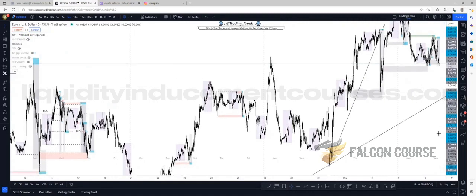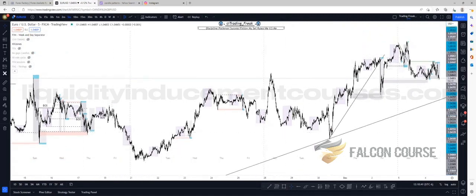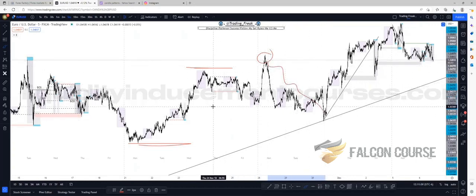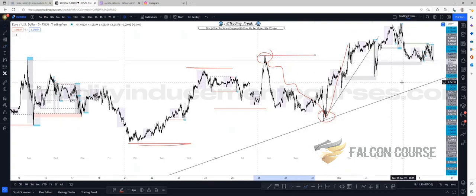All right, so these period separators are marking up the whole week. So each section is a week. You can see that down here we have the low of the week and the high of the week. We take out the liquidity from the high of the week, and we started on Monday. So Monday has actually started the high of this week at the moment, and we work our way down. As you can see, we take out some liquidity, and then we continue to go up higher to take out the high starting the week off.